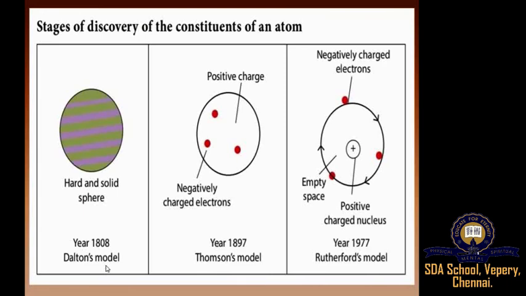What he said is that an atom consists of a nucleus, and the nucleus is present in the center of the atom, and the nucleus consists of protons which are positively charged. So the nucleus is positively charged and empty space is present in the atom. Then electrons revolve around the nucleus in a specific orbit, and the electrons are negatively charged. Rutherford proposed his theory in the year 1911 and it is known as Rutherford's model.